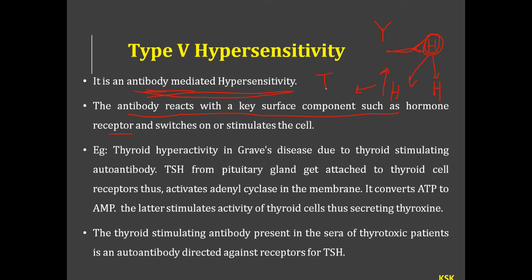The best example is the thyroid. The thyroid disease is caused because of the thyroid stimulating hormone. When the antibody attaches to this thyroid stimulating hormone receptor unnecessarily, when there is no need, the receptors get activated and cause the release of a hormone. The hormone released is known as thyroxine. When there is an increase in the thyroxine levels in our body, it causes the thyroid disease. Who causes this disease of the thyroid?